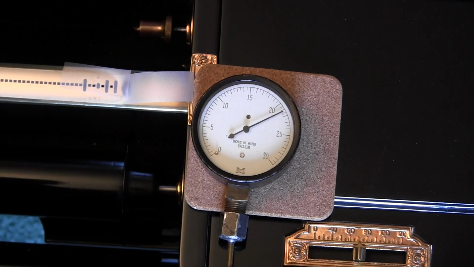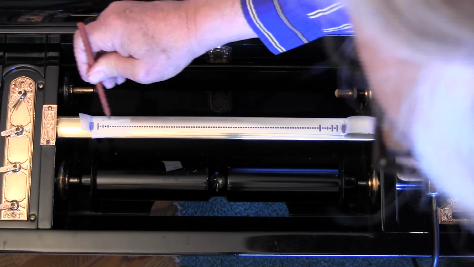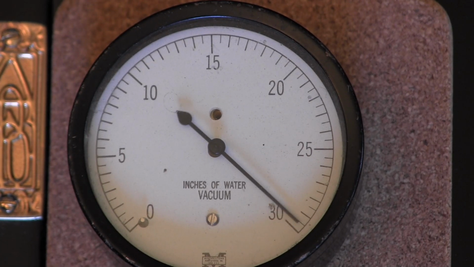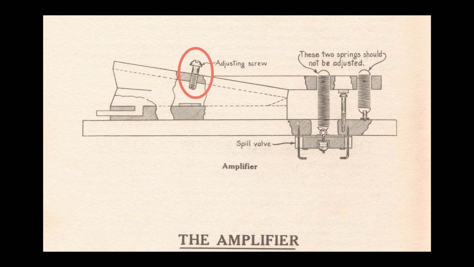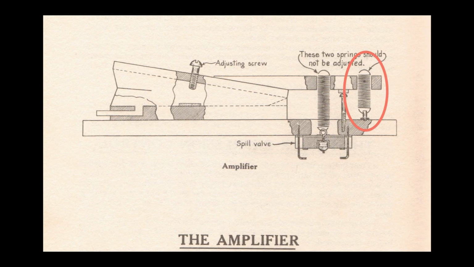Expect to get a gauge reading of about 22 to 25 inches of pump pressure. Again, carefully set the amplifier spring so that the pneumatic collapses fully with intensity holes 4 and 6 open. Observe the amplifier fully collapsed. Adjust the screw to obtain 30 inches. To get the previous setting and this one correct, it may take numerous attempts moving both the spring and the